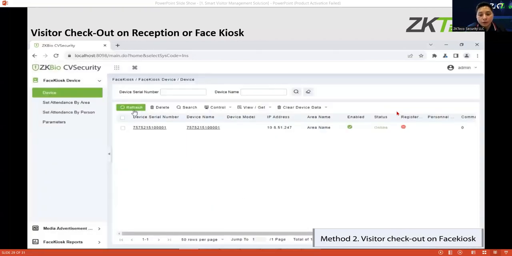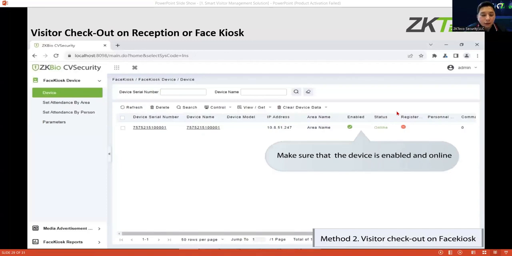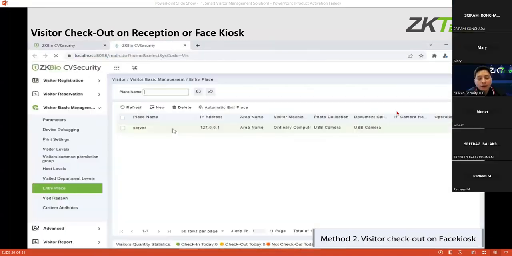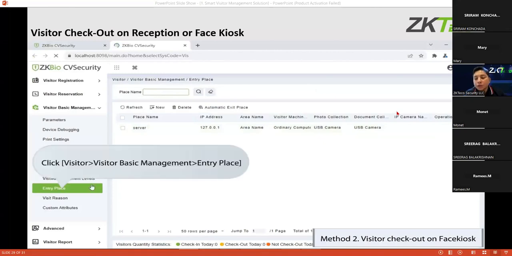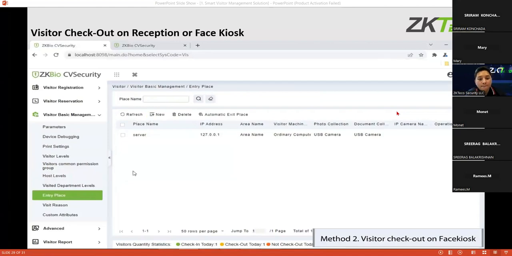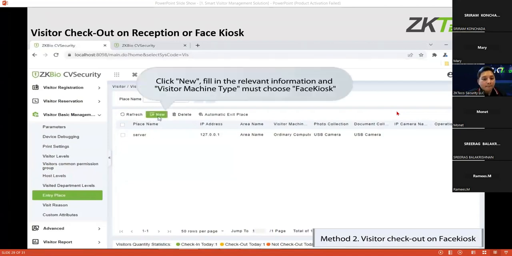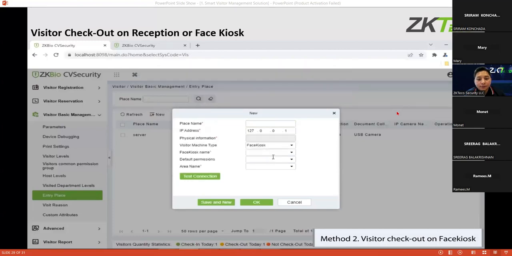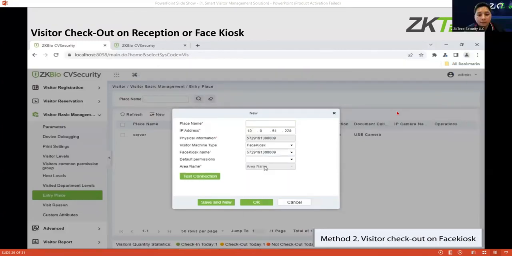You need to make sure also the face kiosk is online or enabled so that it will be used for the visitor management to check out using the face kiosk. Just need to register the face kiosk.